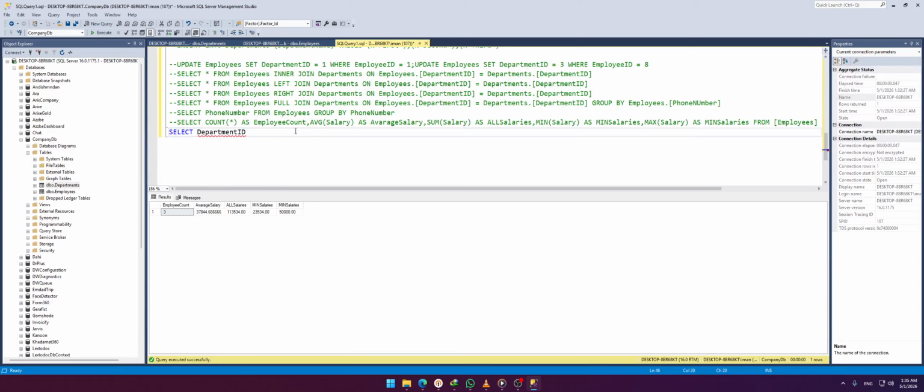Department ID and average of salary as AVG salary, I'm gonna name it something, from employees group by department ID. I'm going to explain it,